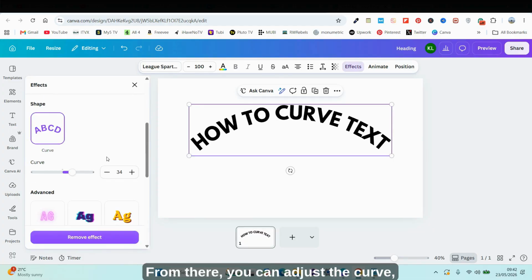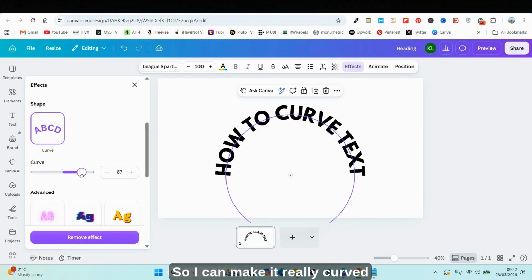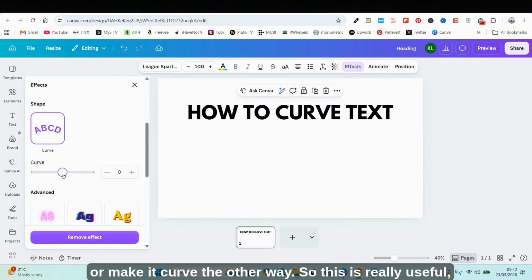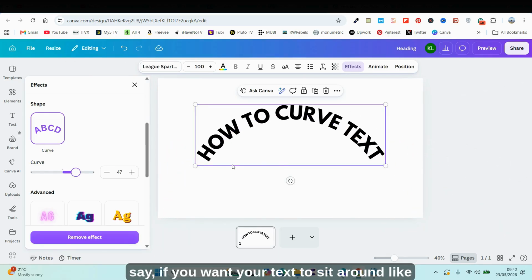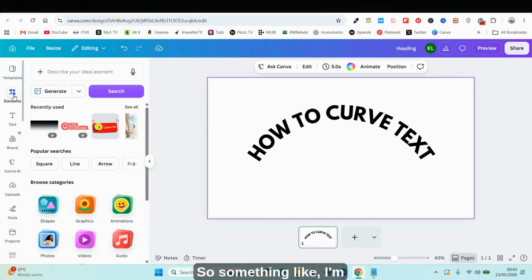From there, you can adjust the curve, make it greater or less by using the slider. So I can make it really curved or make it curved the other way. So this is really useful, say if you want your text to sit around like a circle or a circular shape. So something like,